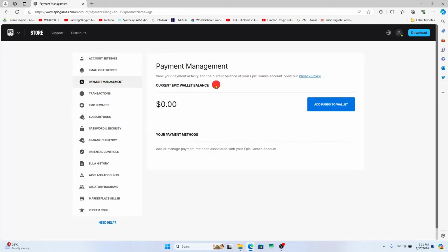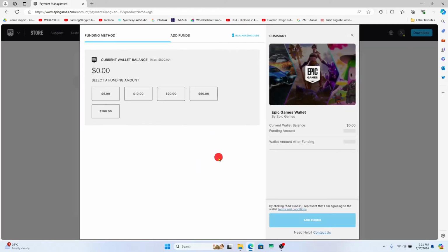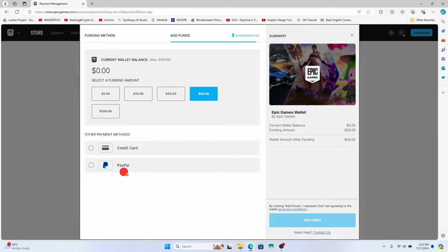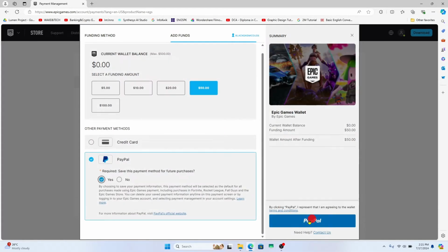This will now show you your wallet balance, and you can just add funds to your wallet by clicking on Add Funds. Now type in your parental control PIN if you have set it to your account, and now choose your desired balance. Then you will be able to choose your payment method, which includes your credit card or your PayPal account. After selecting your payment method, proceed forward with the checkout button or the PayPal button, and now proceed